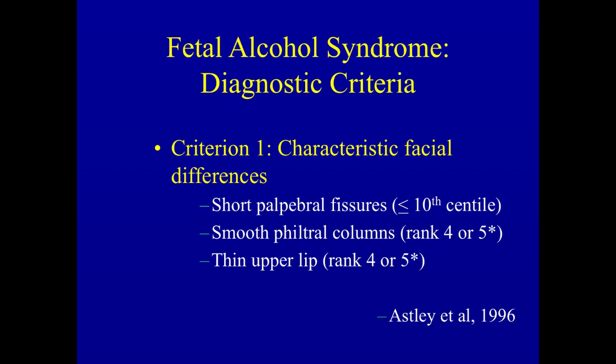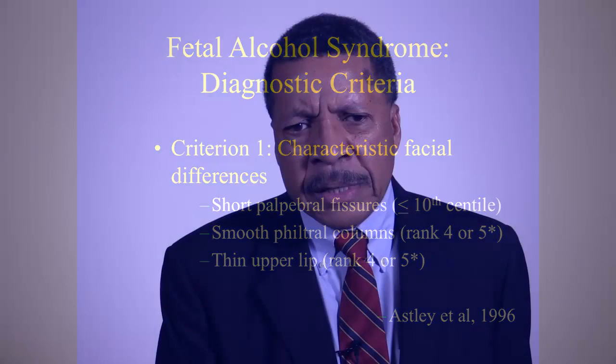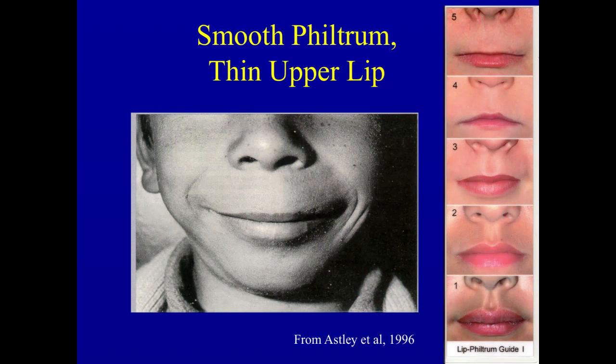The facial manifestations, again, based on our physical examination, have to do with measuring the palpebral fissures, and then recognizing the differences in the upper lip and the philtral columns. And we use the work of Daschle et al. with her lip philtrum guide. I would comment that the lip philtrum guide now is in the public domain, so that's an opportunity, I think, for those who are interested in working, diagnosing, and developing programs to obtain this information.